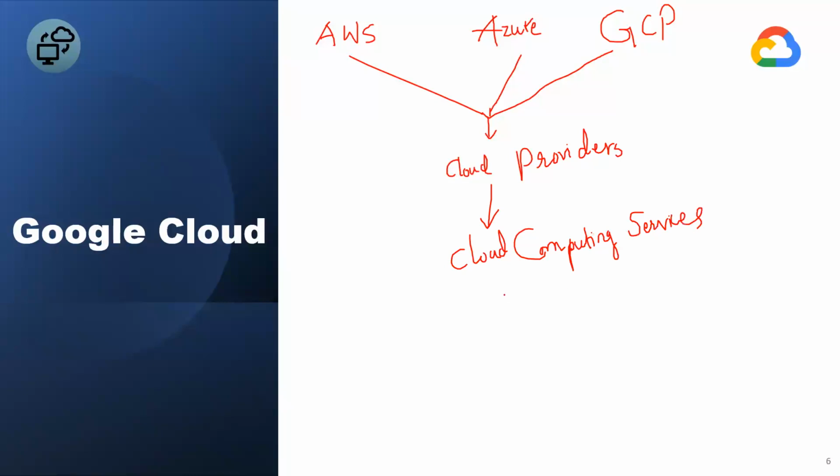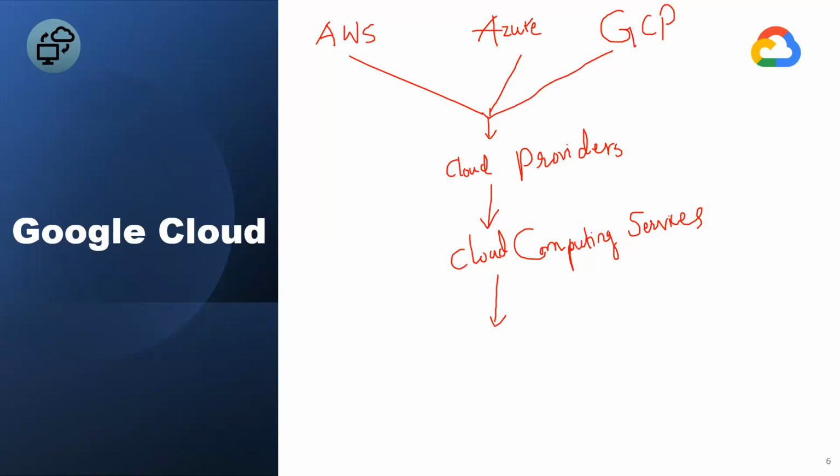So why do we need these cloud computing services? When you are working in an on-premises environment or traditional working model, you need to build your entire system. You need to build your own data center in the company. You need to create your infrastructure. For example, if you are not working with the cloud platforms, what you have to do is